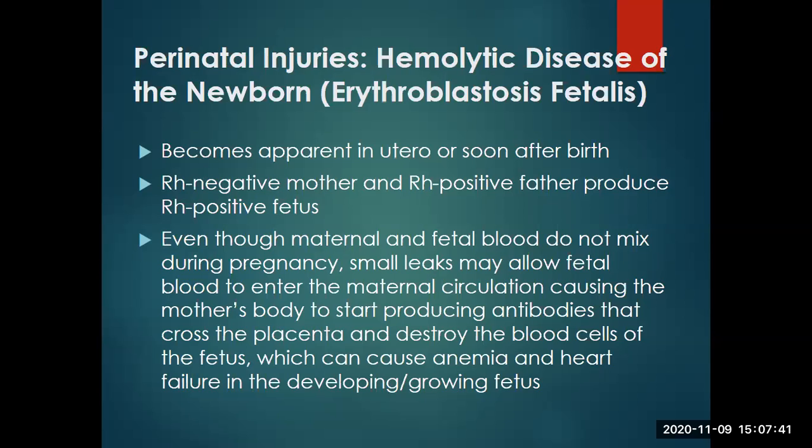So if large numbers of antibodies are present, the fetus may become severely anemic. In the gravest form, according to your book, the progressive hemolysis causes anemia, fetal hypoxia, generalized edema, which is anasarca, and also heart failure, and that's called hydrops fetalis. And so, again, those are things in your book you want to make sure you highlight and understand in regards to erythroblastosis fetalis. And